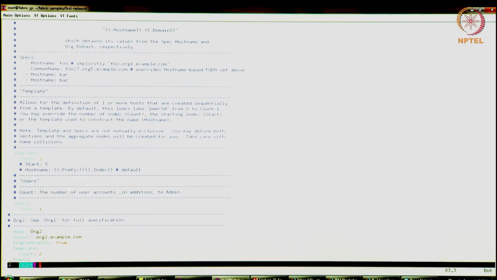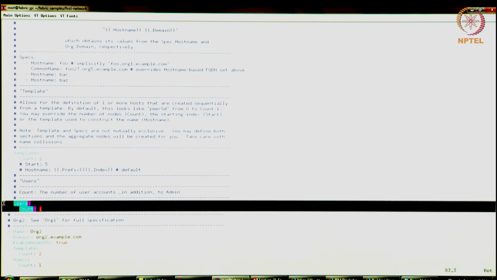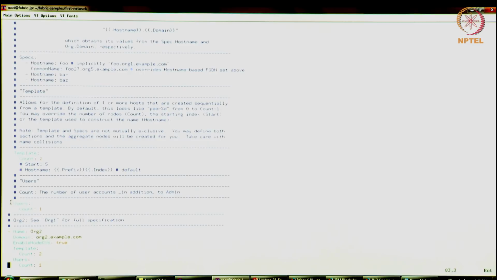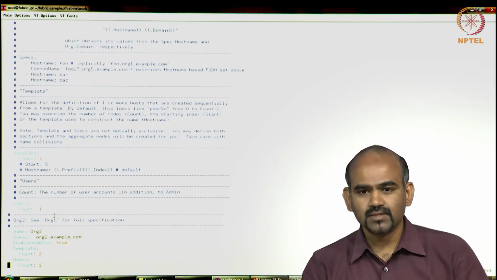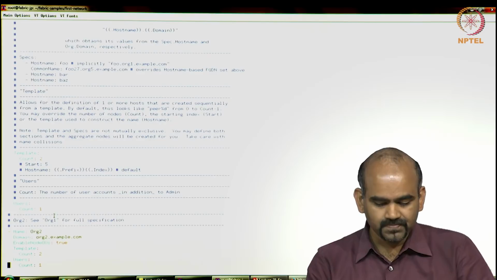Now it also has a user count. So how many users are going to be created for each organization? That's also part of this specification, right? So we'll run through this example. I would encourage you to also follow along in your virtual machine or your development environment, whatever you're using. Follow along these steps. Let's set this up, but separately, please do feel free to play around with these configurations. So for instance, you can change the number of peers, the number of users. You can play around with some of these things. You'll see how the network gets set up.